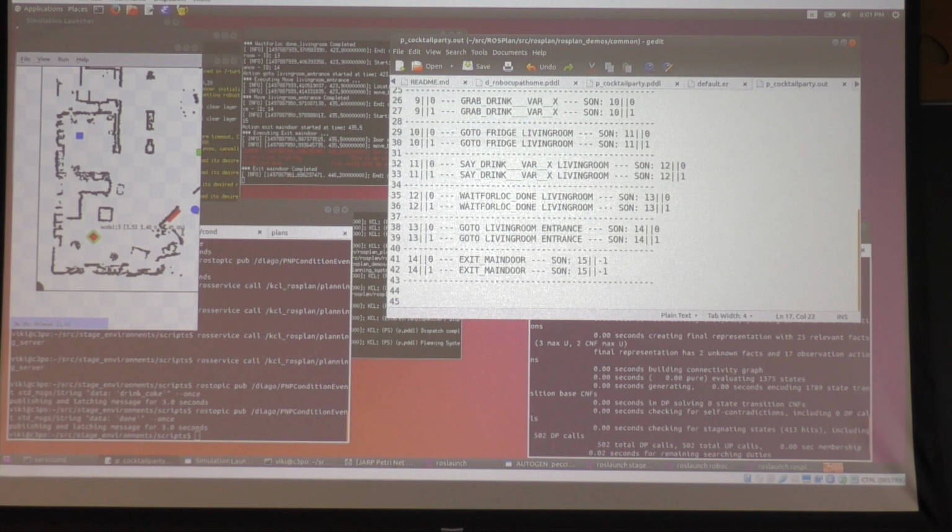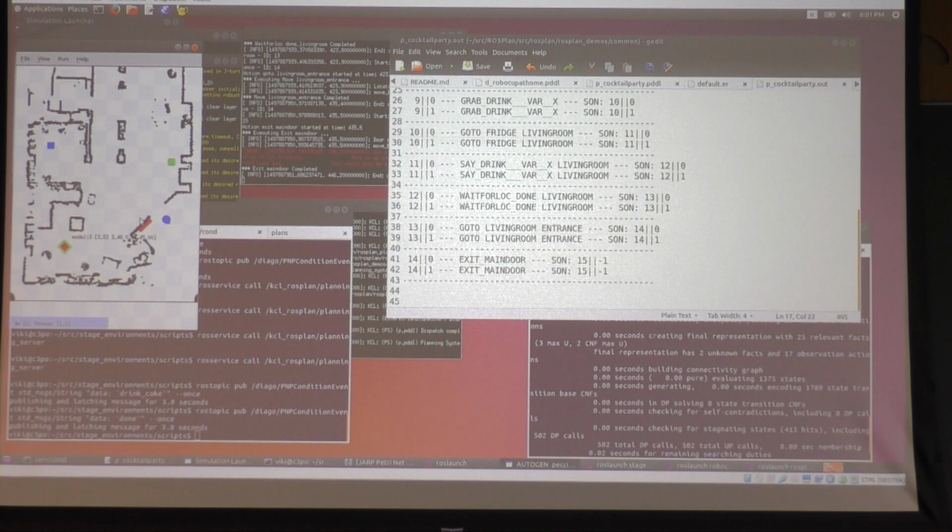Okay. Now, this plan seems very nice and seems to work, but I can introduce, or maybe you have some ideas of something that may happen even in the simulator. You can introduce many situations in which the plan will fail. Do you have any suggestion how to make this plan fail?